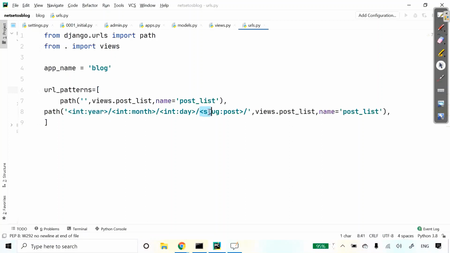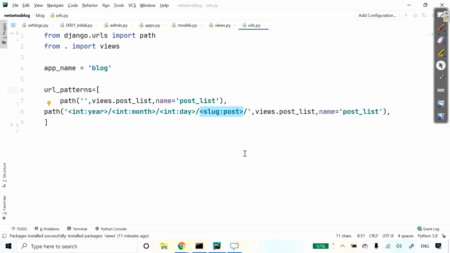And when I write like this, it specifically matches a slug. So you can see all path converters provided by Django. It is also mentioned on the Django site, djangoproject.com. You can go there in URLs and you will find the path converters in detail. So you can also refer there.